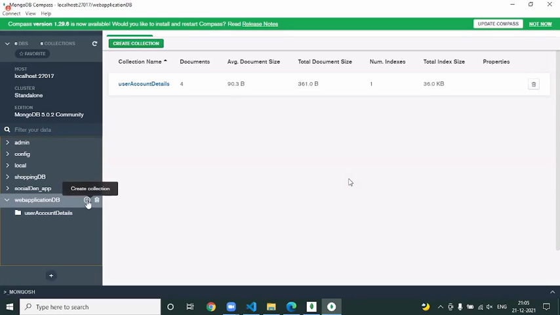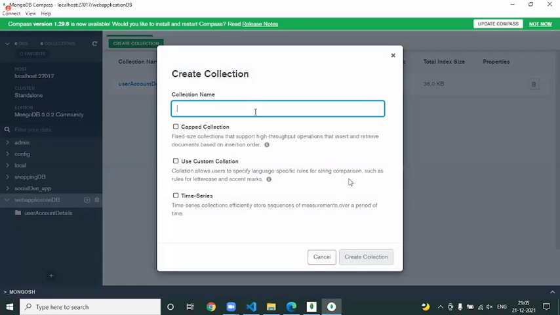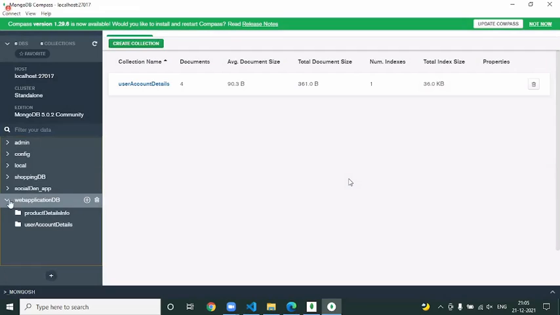When we mouse over on this, there is an option called create collection. Once I click on this, it will ask for the collection name. I say product details info. This is the collection name I want to go with. Once I click on this, another collection gets created, where you have the size 0. And if you see the individual document size, it is 36.0 bytes.